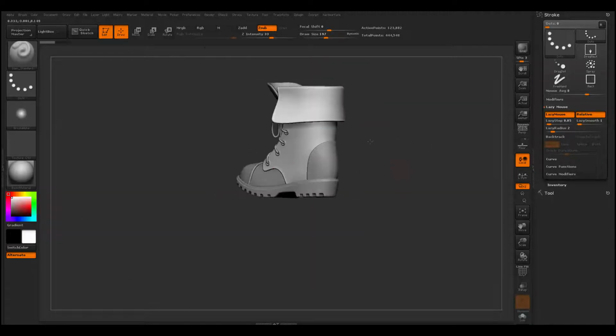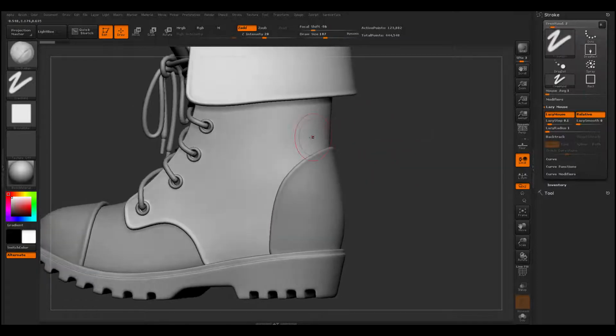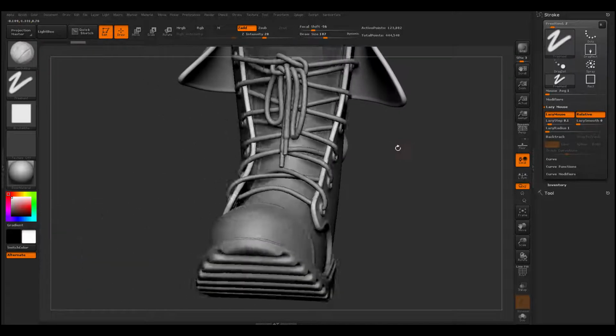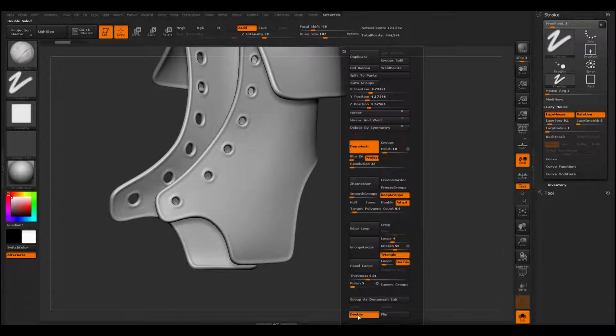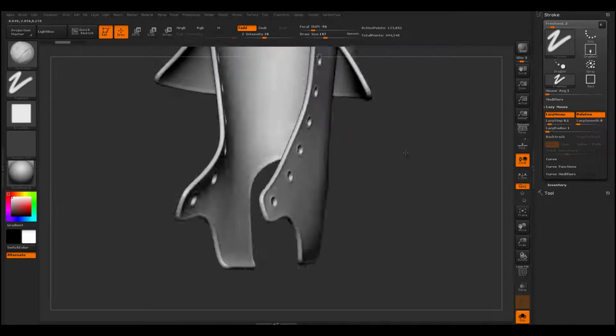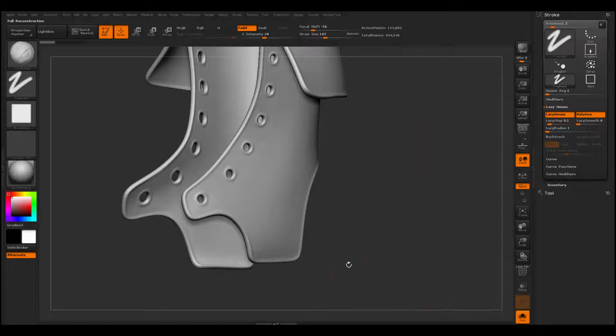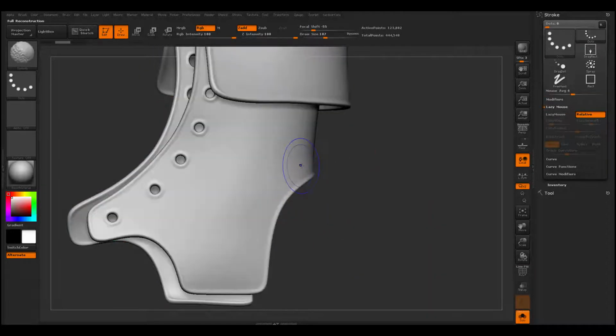Let's move on to create some detail like wrinkles and stuff. Okay, I can use clip polish, clip build up. I think the face is going from the other side. Maybe my normal is flipped. That's true, so I need to flip back the normal. Okay, all right. Then I can start doing something